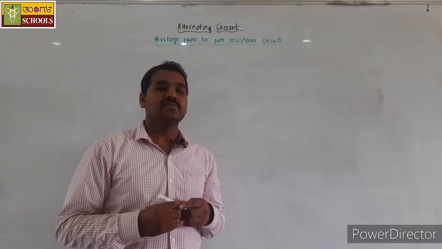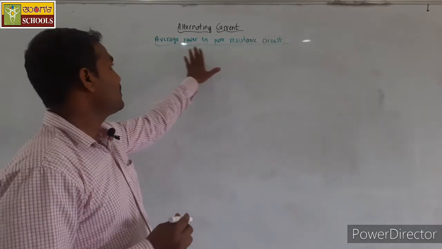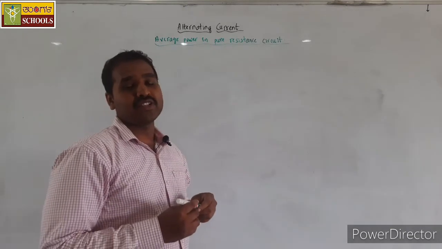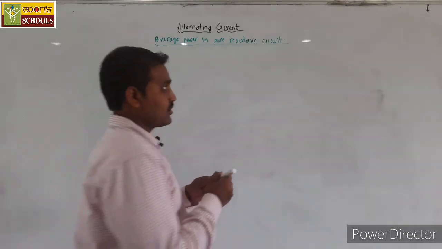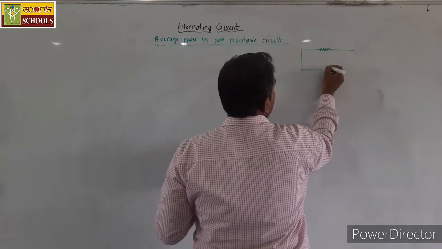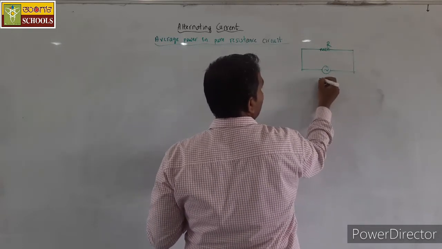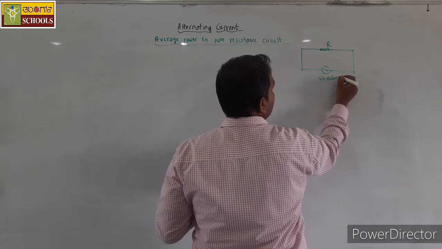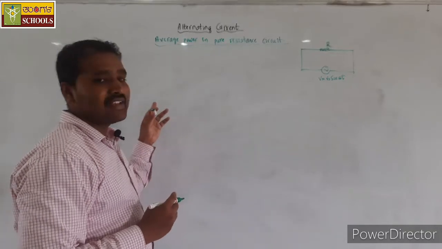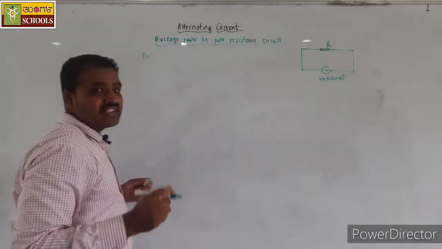Next, we shall discuss the power associated with different AC circuits. First, we shall consider a pure resistance circuit. So, we shall derive the expression for the average power associated with the resistance circuit. So, let us consider a pure resistance circuit. A resistor of resistance R is connected to the alternating source of voltage V is equal to V naught sin omega t.